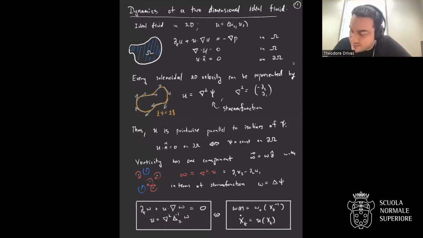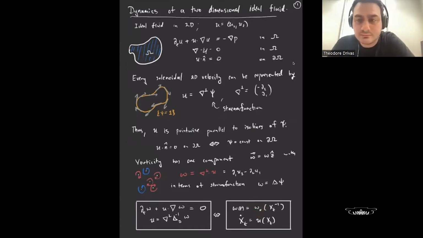And of course, if things are smooth enough, it means that the vorticity has this Lagrangian representation that we heard a lot about earlier, namely that the vorticity at a later time is just something on the orbit in the group of volume-preserving diffeomorphisms of the initial data. Okay, and we'll talk more about this viewpoint throughout.